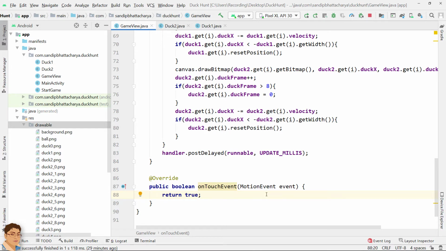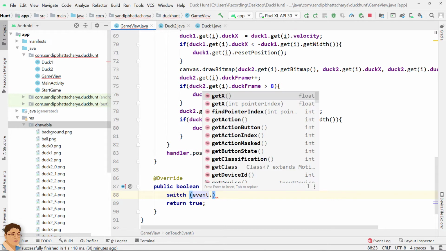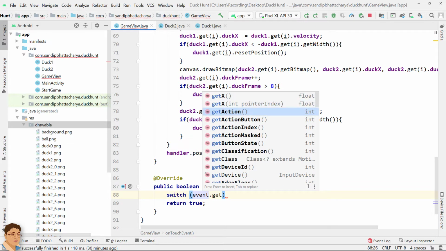Returning true in onTouchEvent tells the Android system that you already handled the touch event and no further handling is required. Inside onTouchEvent, we are going to write a switch case statement based on the motion event action. We can get the action by calling the getAction method on the motion event object. Write switch event.getAction,